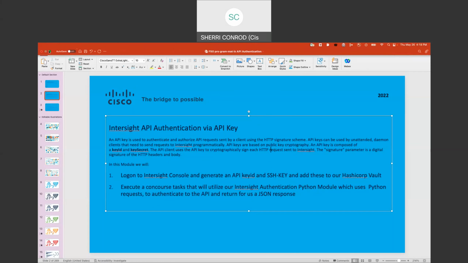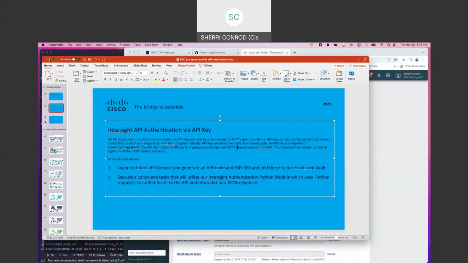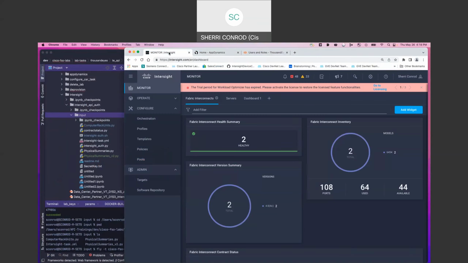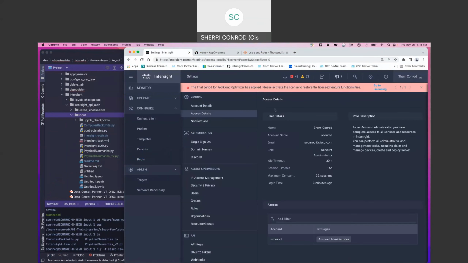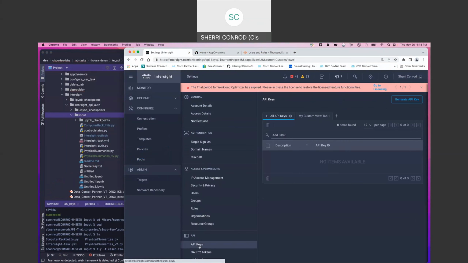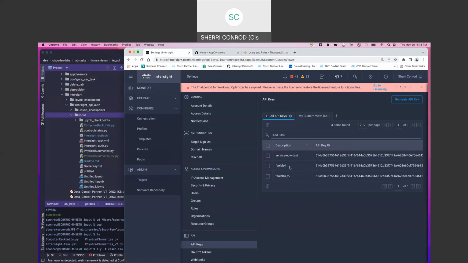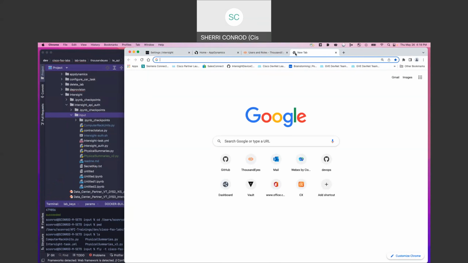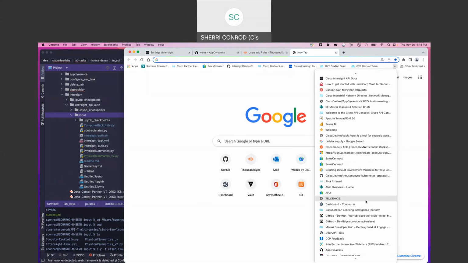So let's go ahead. I have already logged in to the Intersight console, and from account administration, API keys, I have already generated an API key. When I generated this, it generated an SSH key for me as well, and I have already added it to my vault. So if I were to go here and log into my vault,